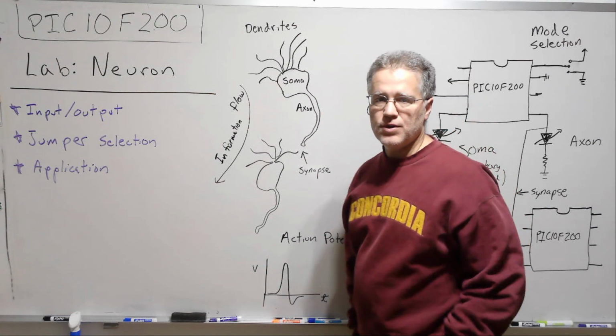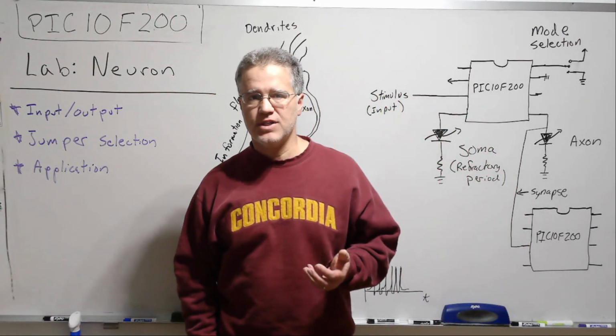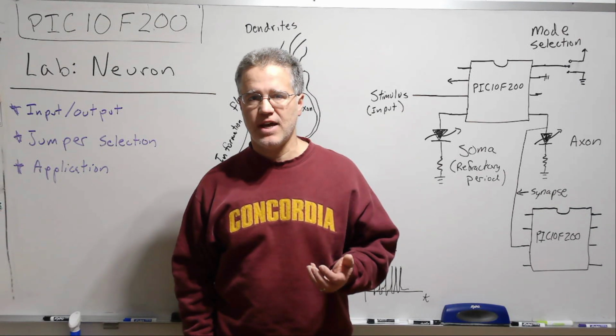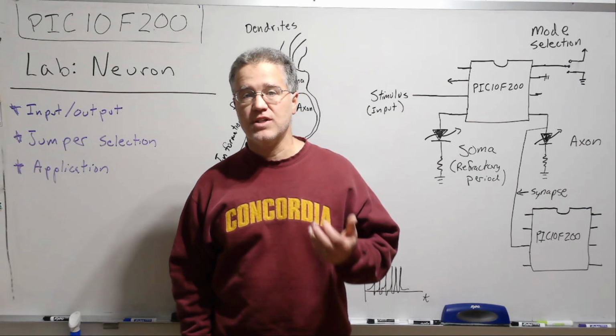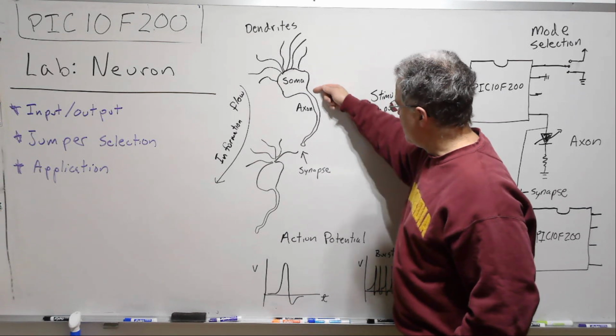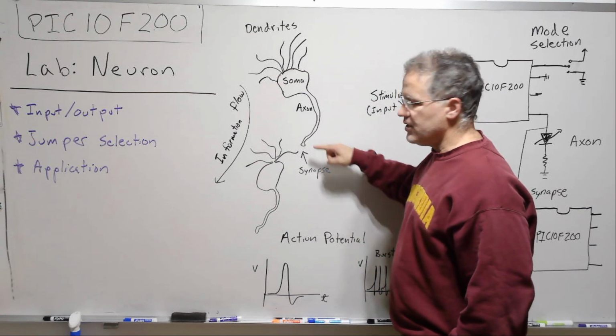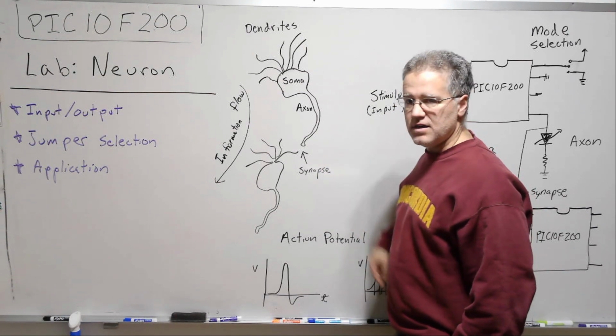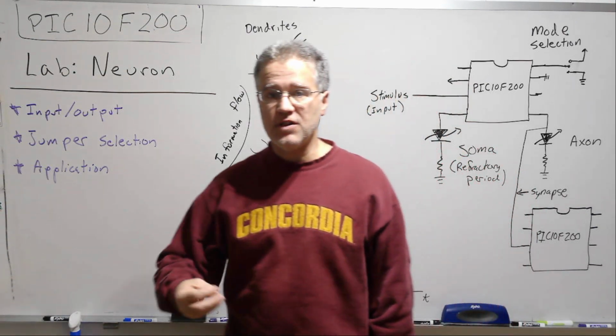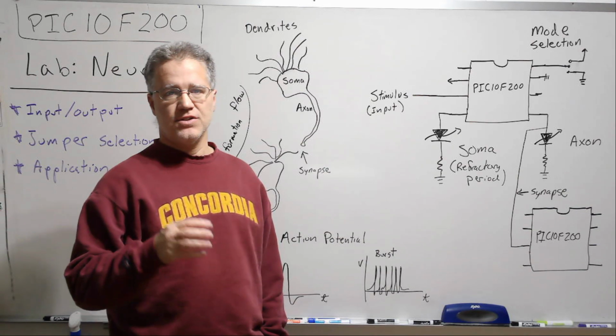And then through the opening and closing of potassium and sodium channels, we generate an electrical impulse that travels one direction down the axon to the terminal button,